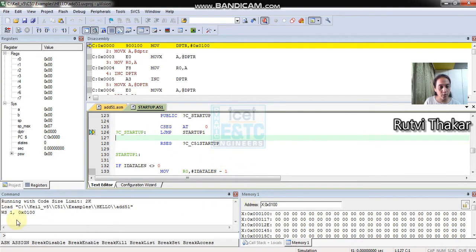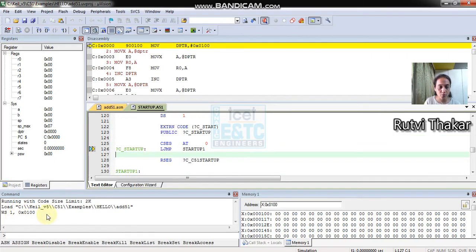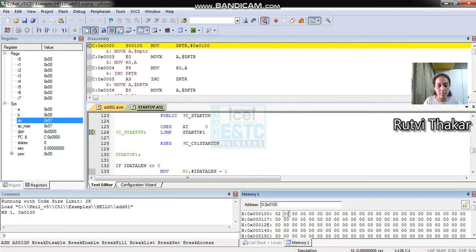This is a command window. It will say if there are any errors or not. If there had been an error, we wouldn't have come to this screen. Next, I want to have an external memory, since my DPTR takes external memory. I have to see what its value is and what is to be stored. Currently the DPTR I have initialized is 0100, so I'll write down the same, 0x0100. Here also the entire memory is empty, so I can put any random data. Double click on it and enter whatever data you want. I'll take the simple number 02 and another number 03.